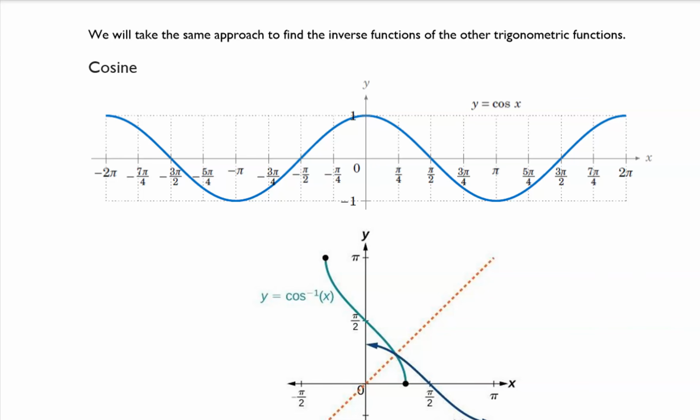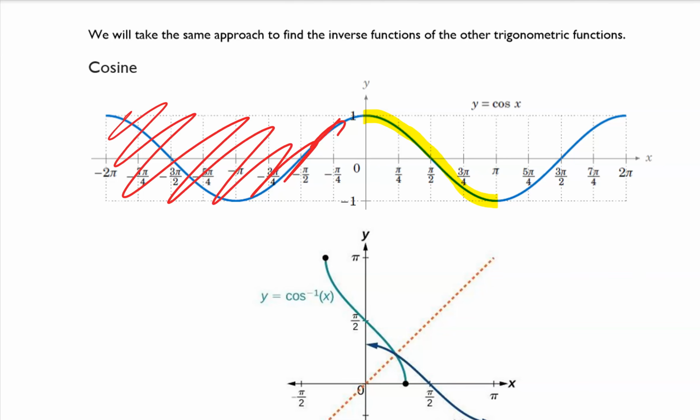Let's go ahead and take the same approach to find the inverse functions for the other trigonometric functions. Now, if I drew a horizontal line here, notice all these places where it would intersect the graph of our function. And so as it stands, cosine is not a one-to-one function, and we need to limit our graph from 0 to pi, and then if we ignore everything else, then the highlighted region between 0 and pi would be